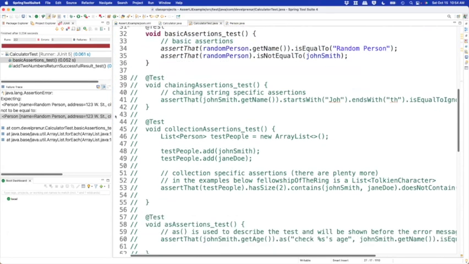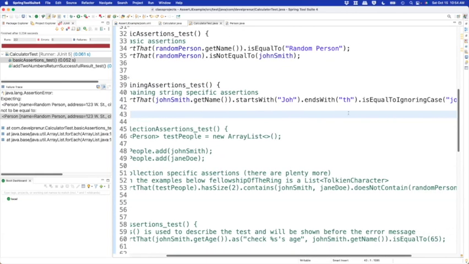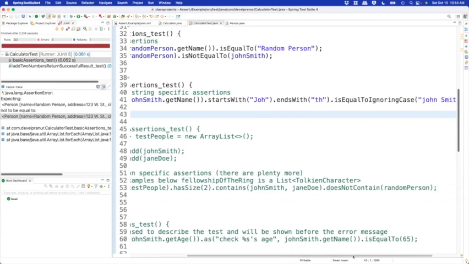So now let's look at this chaining method. The second one here is chaining. Chaining allows us to chain different things. We can chain strings specifically, we can chain collections, but for this one, let's just start with string. So here we're going to assert that John Smith dot get name dot starts with John. We can also check that it ends with th, and we can see if it is equal to ignore case